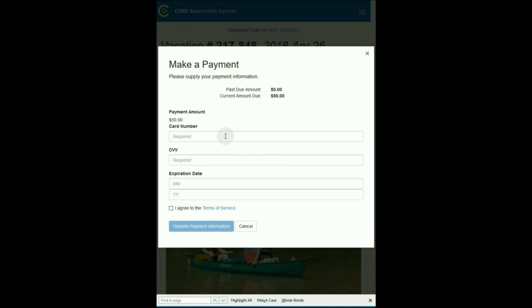Next, we'll enter our card information. Card verification value. This is the 3-digit number on Visas, MasterCards, and Discover cards, and it's a 4-digit number on American Express. Next, the 2-digit month, we'll enter 03 for March, and the 2-digit year, we'll enter 22 for 2022